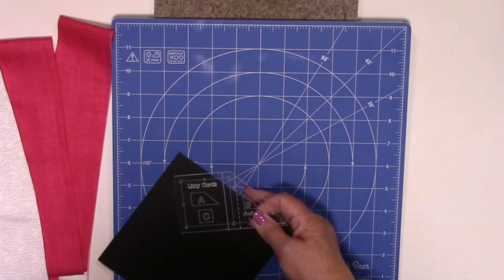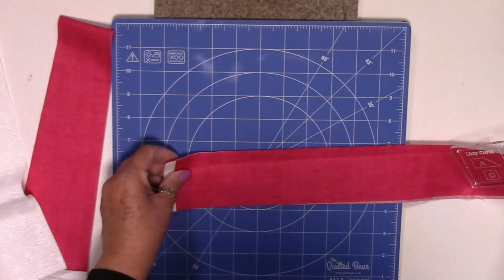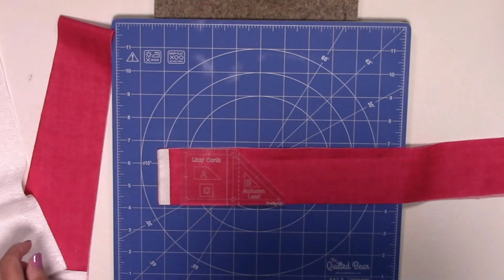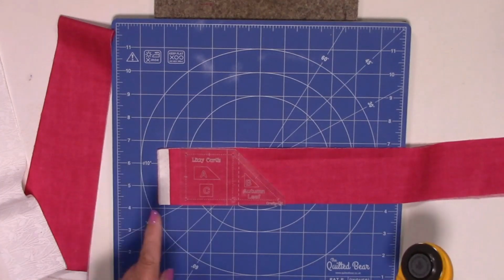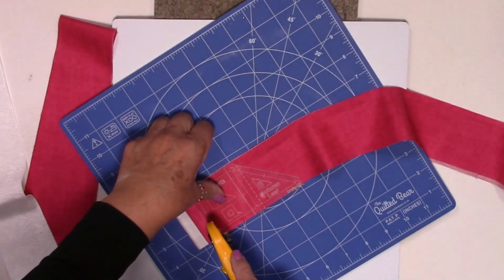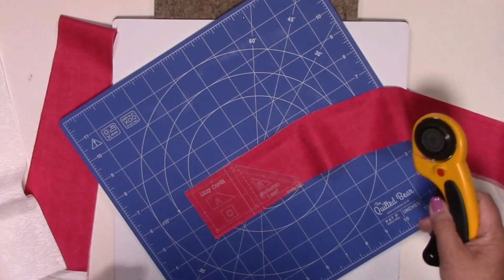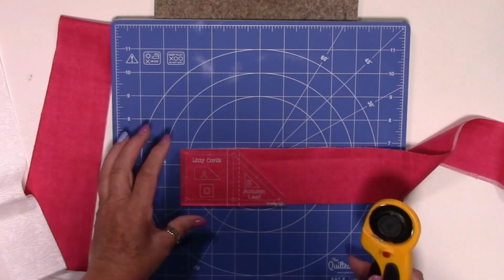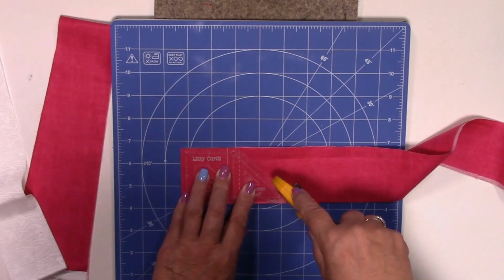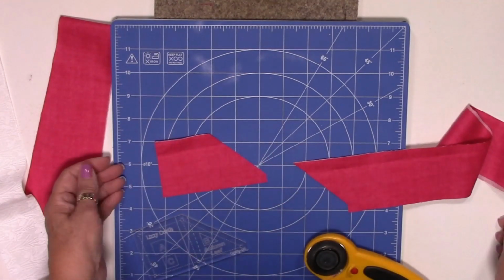So to start off with, we'll just cut the regular shape. I've got some 2.5 inch strips here, which are absolutely perfect for this design. It's like I thought about it. So hopefully you'll be able to see. Now obviously you want to turn your mat if you can, and you want to trim your fabric at the end there so it's nice and neat, and bring it back. Line it up, go up a little way and go across, and you'll have the perfect cut straight away,